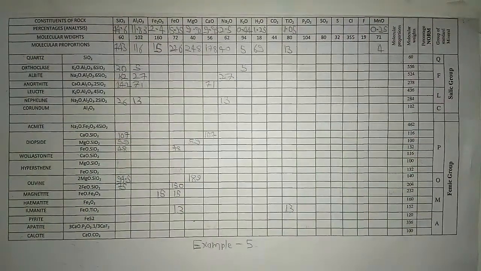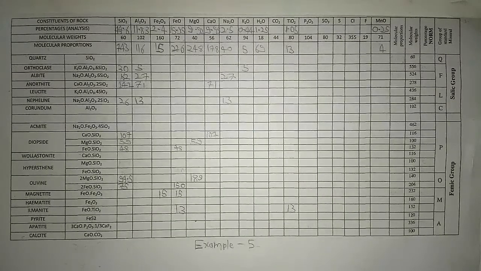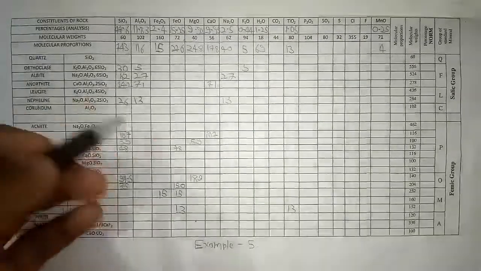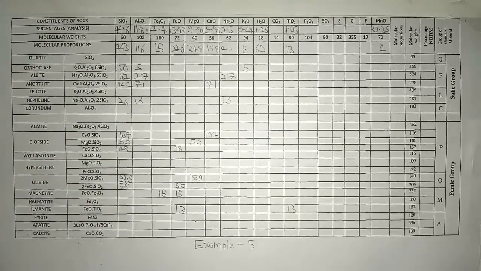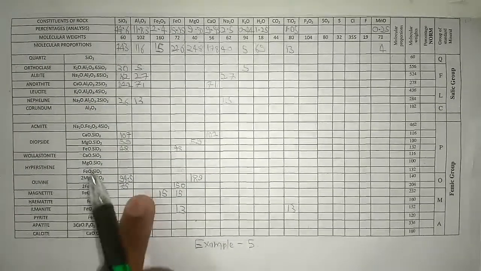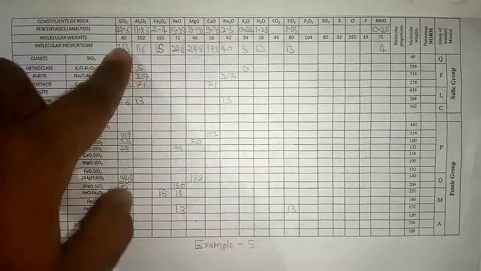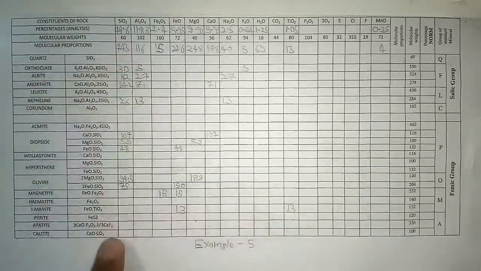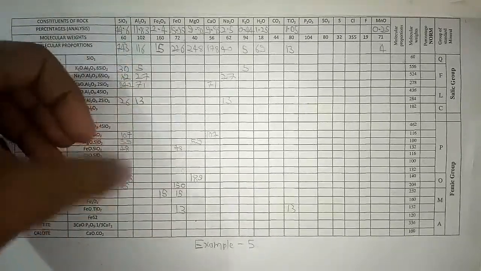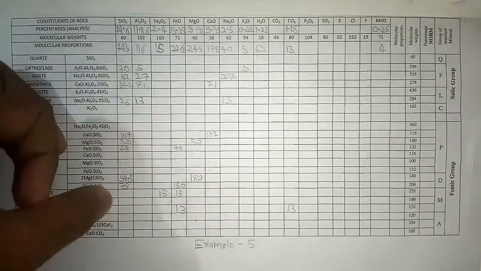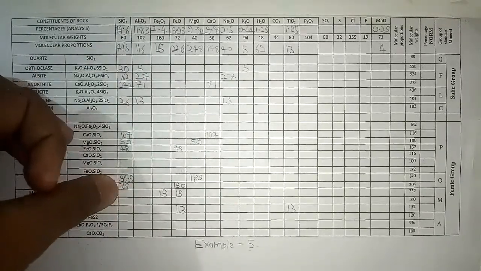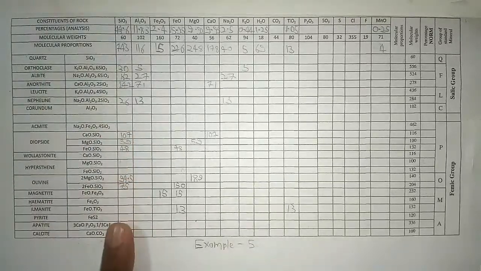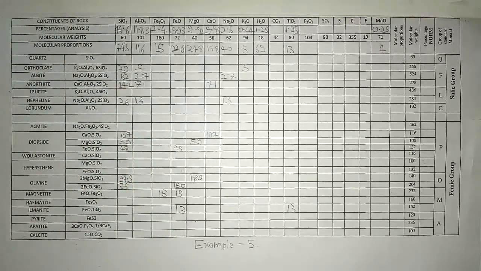Means the sum of all this will be 743.5, and there is a 0.5 error, but you can manage it, no problem, because this error is a normal error, and it always happens in this olivine row, and sometimes you will see it in leucite also. So nothing to worry about, because the error is only 0.5. But if you count from this 30 to 75 and you get the sum as 744, then you have a deficiency, you have to make it clear. But 0.5 is okay, no problem with 0.5.